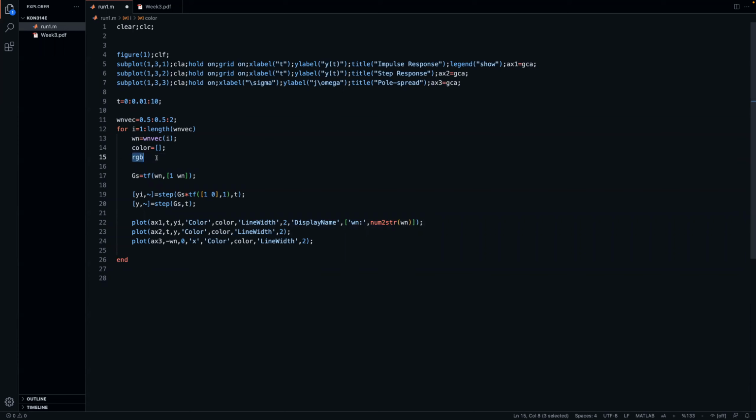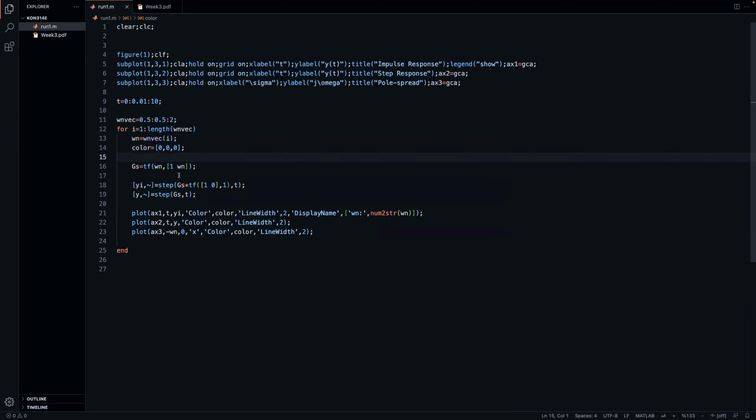We have actually 24-bit data here, but then again, each channel is going to be a value between 0 and 1 in MATLAB. So when you provide something like 0, 0, 0, that would correspond to the color black. And if these are going to be 1, 1, 1, then you are creating the color white. You can basically mix the colors. I'm going to do the exact same thing here, where I use the index, because this index is going to be starting at 1. It will go up to length of omega n vec. If I divide this by length of omega n vec, in this case, let's have 5 elements, it would be 1 over 5, 2 over 5, up to 5 over 5, which would then be the full